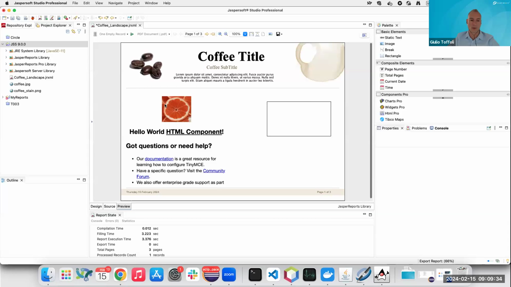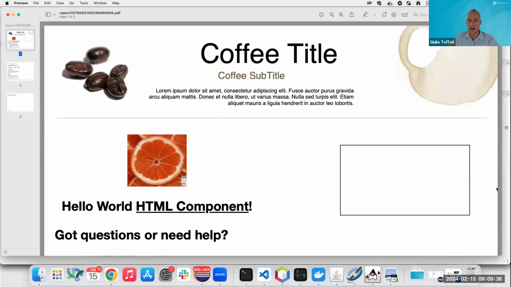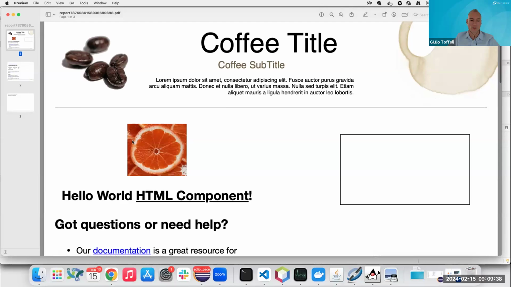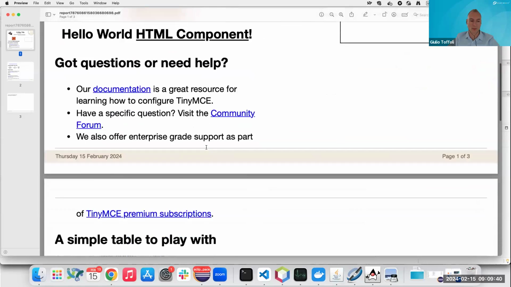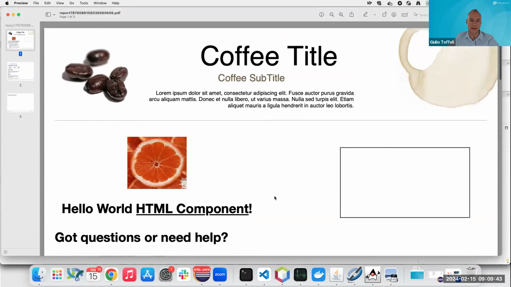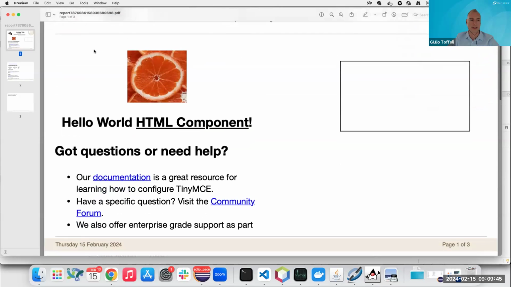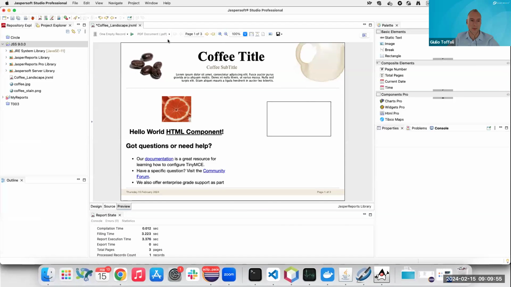As you can see, it will take just the size I really wanted for my element. It will span over several pages, but this is how the component actually works. And in PDF, my text is selectable. Links will not work in PDF, but they will when this is exported